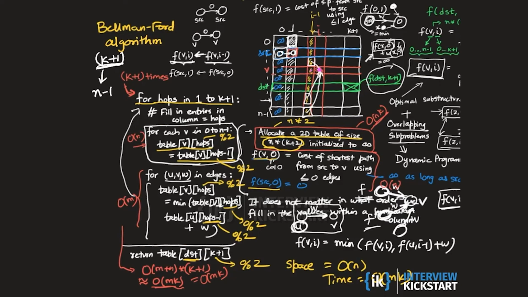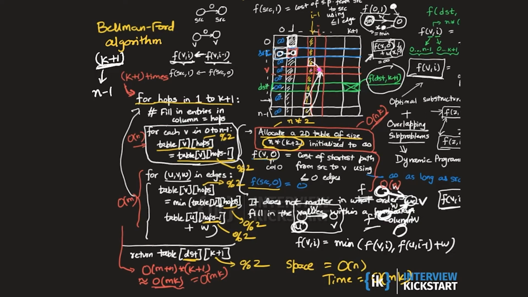We saw earlier that if the edge weights are all positive, there can't be any cycles in the graph. So because there can't be any cycles, we can't go beyond n minus 1 hops. Even if we did, we would not be doing any useful work, because the values that we would get in those column numbers beyond n minus 1 would be no different from the values in the preceding columns. And so the maximum that we can allow Bellman Ford to execute is up to n minus 1 hops,